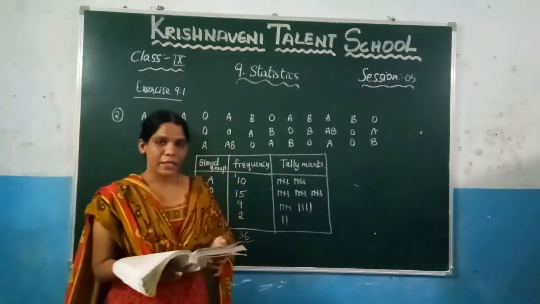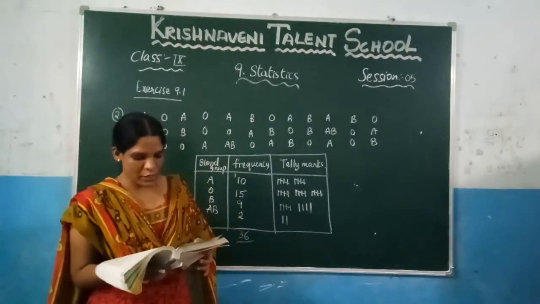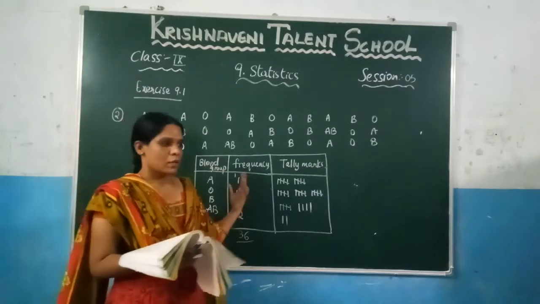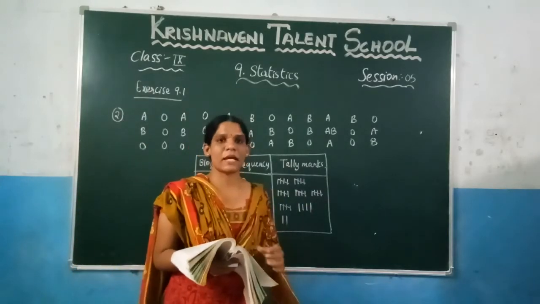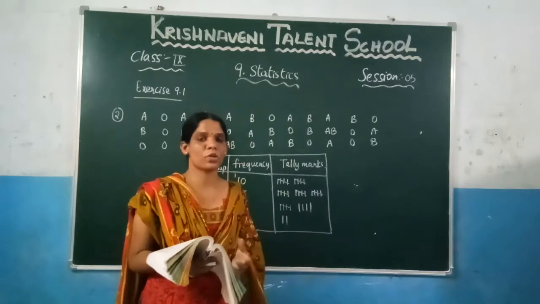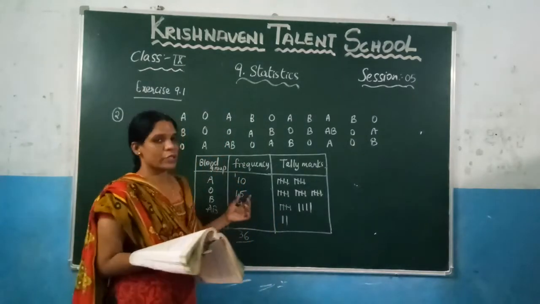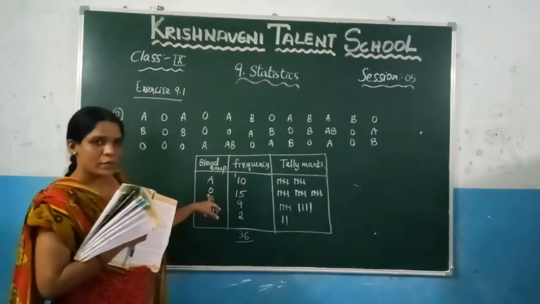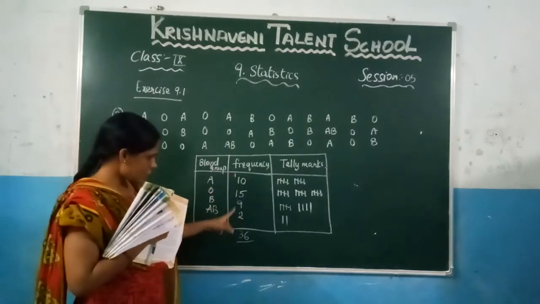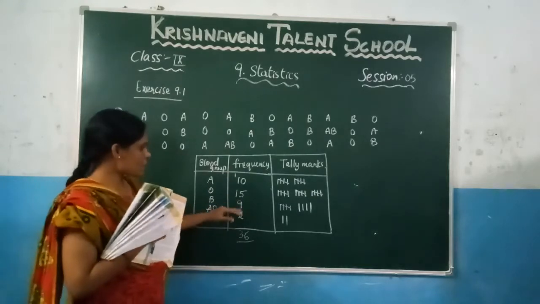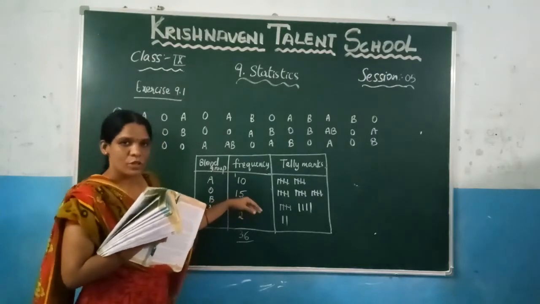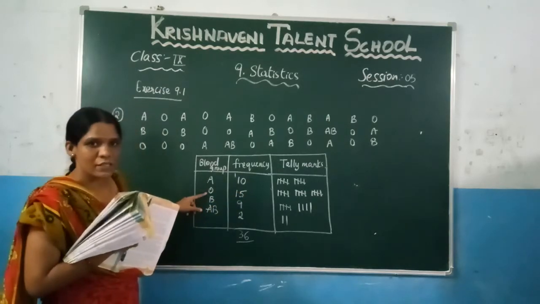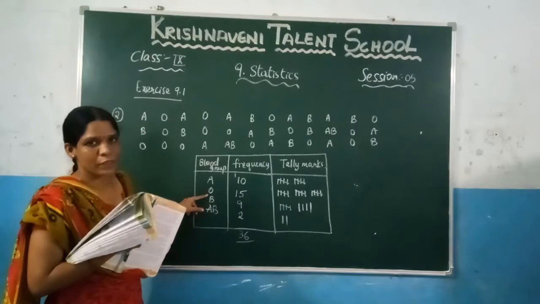And after that, what is the question given here? What is the most common blood group? Most common blood group means the maximum number of students having the same blood group. That is nothing but the most common blood group, right? Here that means you need to find the maximum value. So here who got O, right? You can consider based on this data. You can observe here 15 is the largest number. So 15 students are having the blood group O. So we can say that O is the most common blood group, right?